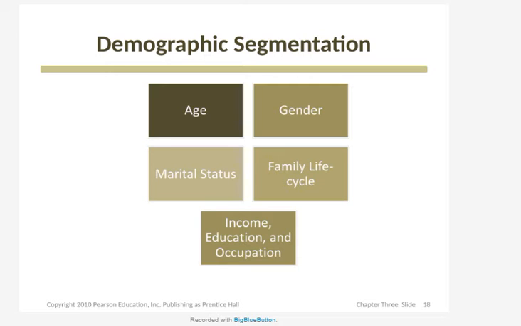Demographic segmentation could be based on age, as Johnson & Johnson segmented children, for example babies up to 5, 5 to 15, 15 to 25 and so on. Gender, male and female. By the way, demographic segmentation is a very effective way of reaching segments. It's also very cost effective, and easy too.